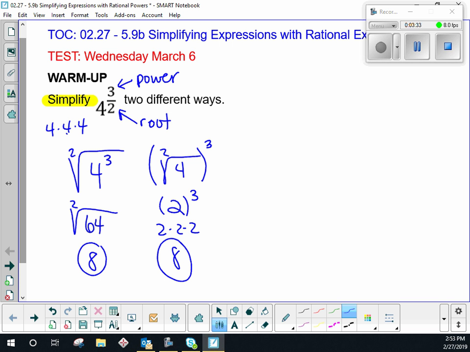Okay? So don't forget about that. If it looks like the numbers are getting difficult to work with, do the root first and then the power. But like I said, in this case, it was easy to do either one. So we're going to